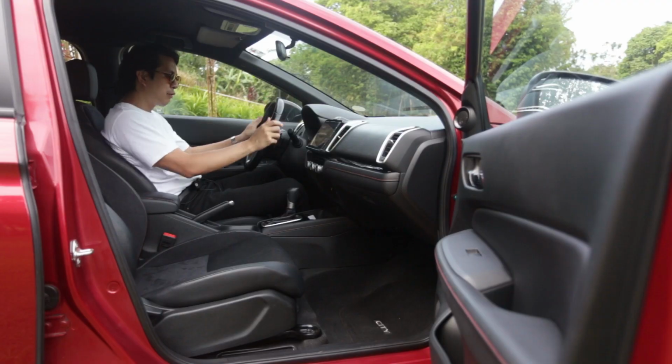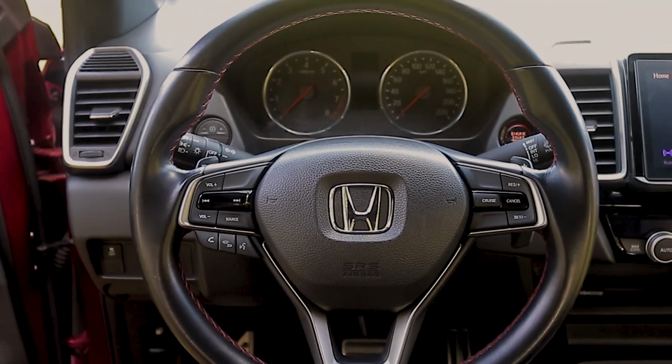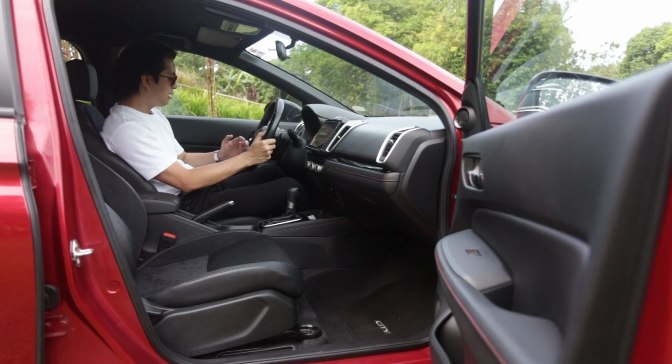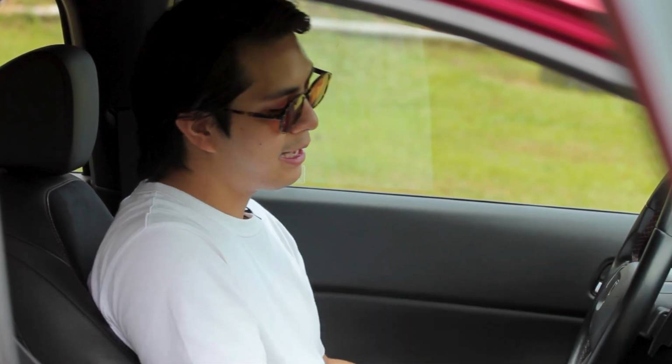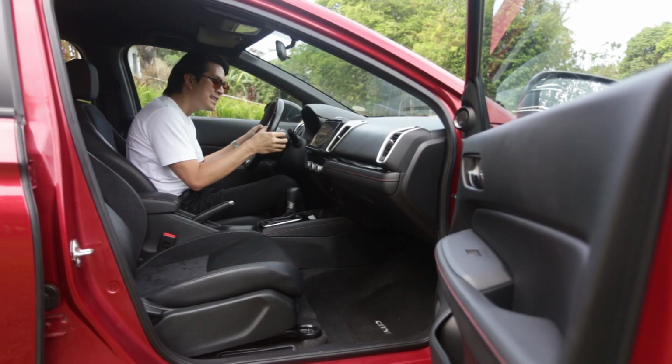Very beautiful cabin in itself, but one of the most favorite features that I like in this car is the steering wheel, because this is actually full leather and there are a lot of components here that you would actually appreciate, such as cruise control. We have here our volume buttons, we have here our reverse and forward skip to songs, we have our sources, voice control, voice command, and of course, one thing that the City really stands out for is these paddle shifters,